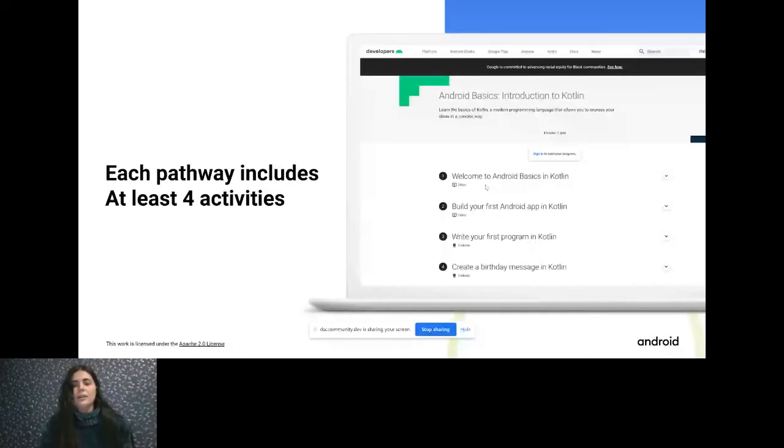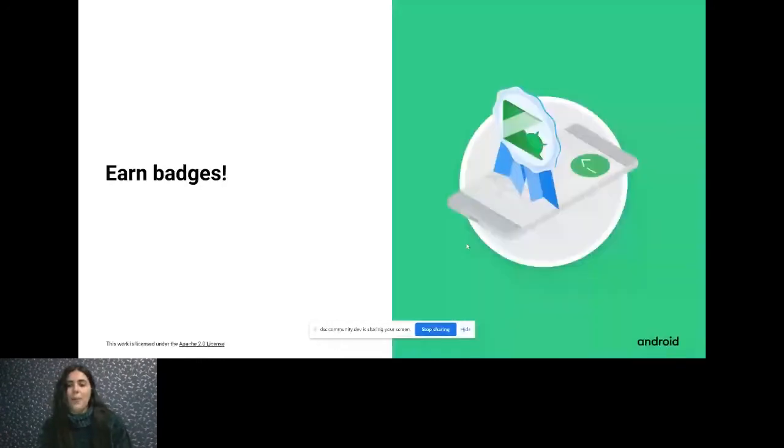Some of the activities require you to code, and they call it Code Lab. Later on, when we share the website with you, you're going to be able to see it. At the very end of completing each pathway, there is a quiz. After completing the quiz correctly, you're going to earn a badge automatically in your developer profile.